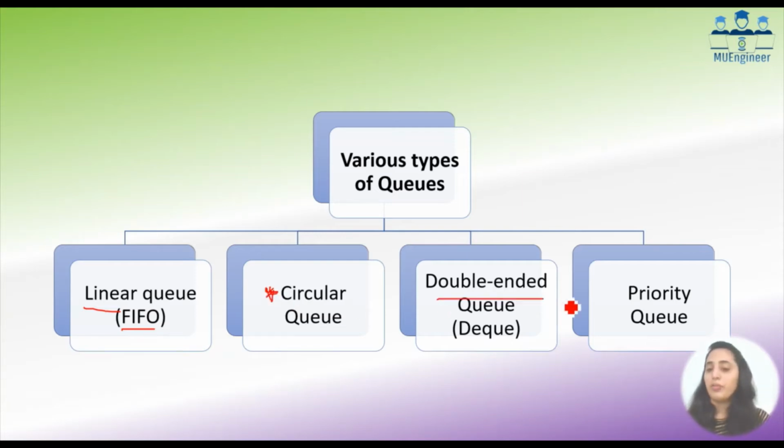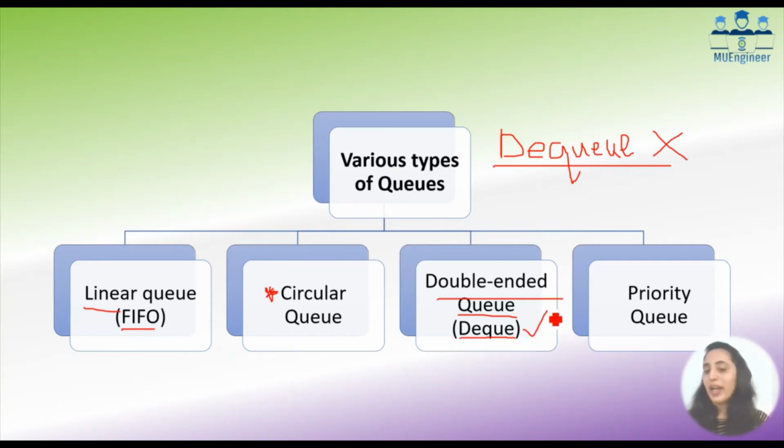Then we have a double ended queue जिसका शॉर्ट फॉर्म में DEQUE बोलते हैं. ये भी DQ है और हमारा DQ ऑपरेशन भी अलग है, लेकिन वो जो होता है डिलीट फ्रॉम क्यू, उस ऑपरेशन का स्पेलिंग हम लोग ऐसे लिखते हैं. This is the delete operation from the queue, as we have NQ and DQ. This performs the delete operation. And this DEQUE is nothing but a type of queue, which is also called a double-ended queue. And we have a last type, that is priority queue. Now let us go and understand each of them in detail.